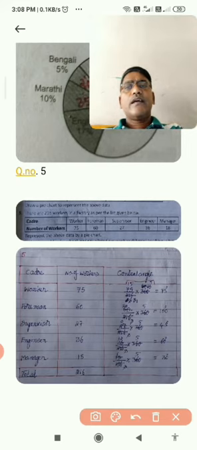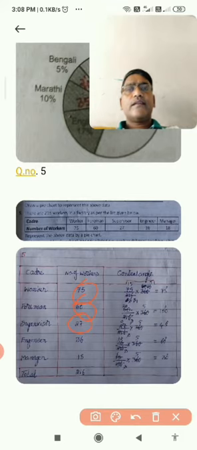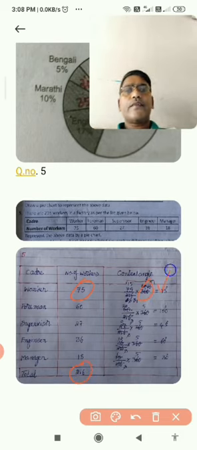It is given: workers, number of workers 75 and foremen 60. Supervisors are 27. They are doing different work, and engineers are 36 and managers 18, and the total number is 216. So for example, for workers it is 75 upon total 200 multiplied by 360, because we want to get the central angle. So 75 will come. Second one 100 will come, then 45 will come, then 60 will come, then 70.